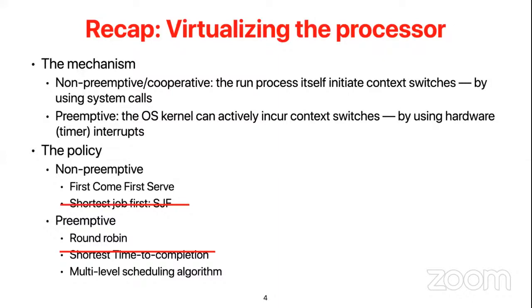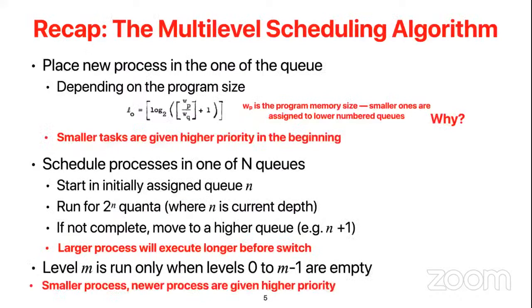So last lecture we talked about a more practical algorithm called the multi-level scheduling algorithm, and the spirit of it is that we have different priority queues and assign an incoming process to different priority queues based on the size of their program. By size here, I mean the static compiled size, or say the memory size of the program itself. The intuition behind this is that a program with more instructions tends to execute longer. Although this is not 100% true, later on you will see they have some other way to fix this.